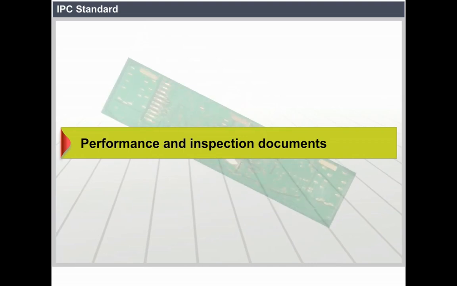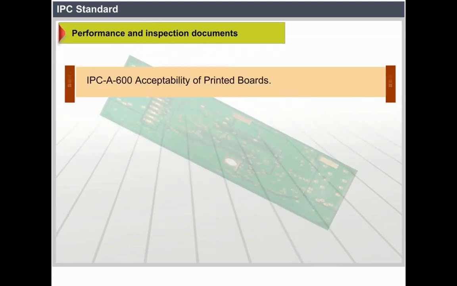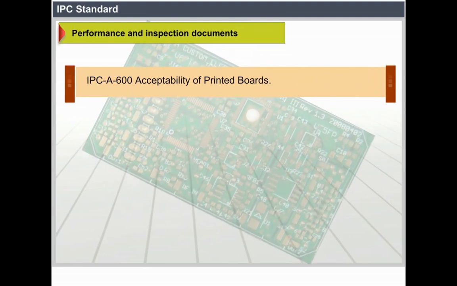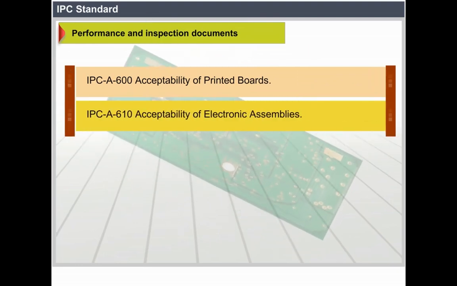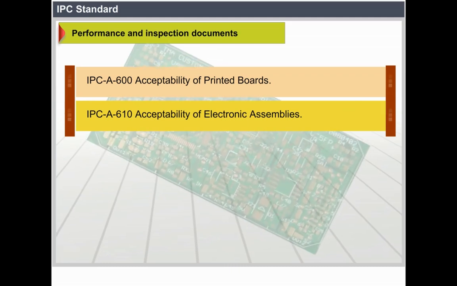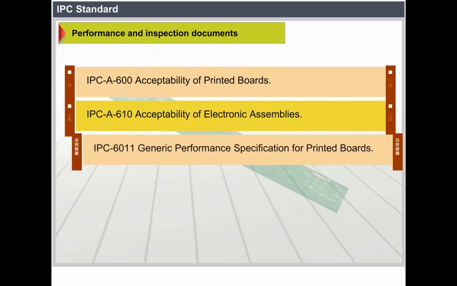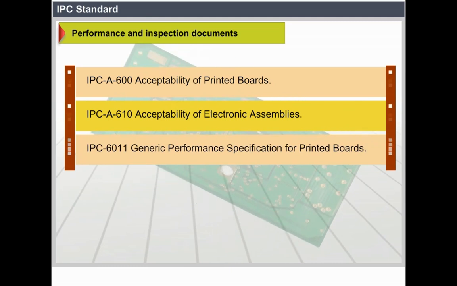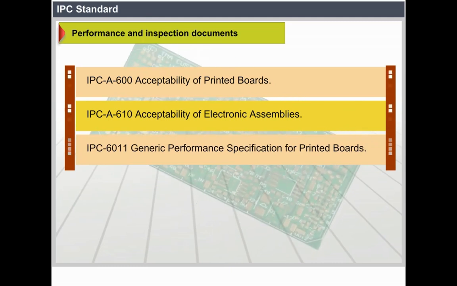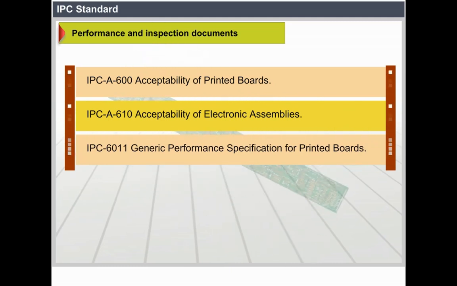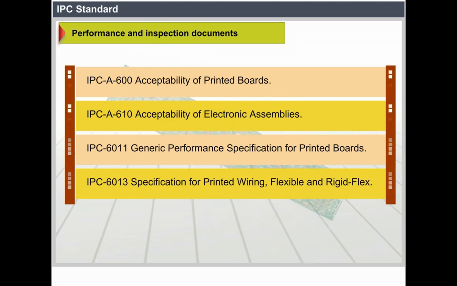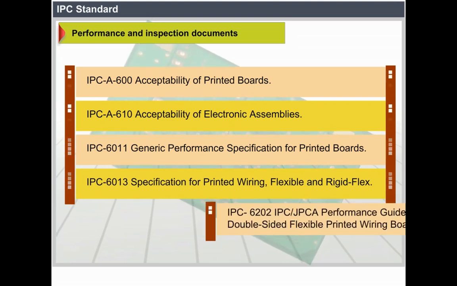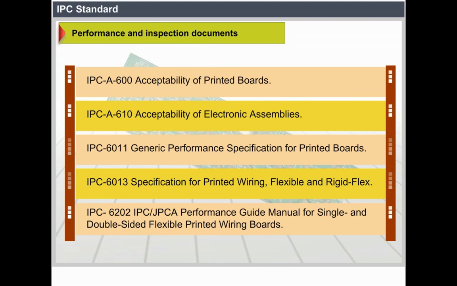Performance and Inspection Documents. IPC A 600 Acceptability of Printed Boards. IPC A 610 Acceptability of Electronic Assemblies. IPC 6011 Generic Performance Specification for Printed Boards. IPC 6013 Specification for Printed Wiring, Flexible and Rigid Flex. IPC 6202